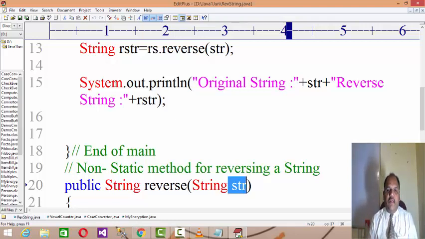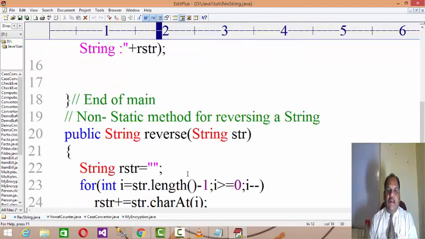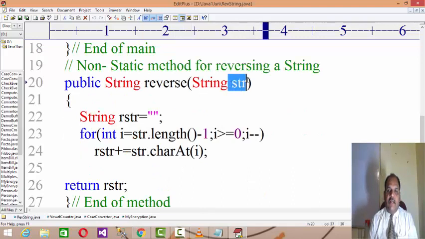As you know, duplicate variables are not allowed in one scope, meaning one variable name considered for two variables is not allowed, but if they are declared in two different scopes, it is absolutely allowed. So str is actually redeclared over here, but it is in a different scope, so it hardly matters, because this str belongs to main and this str belongs to the reverse method. So this str will take the source string from the user.